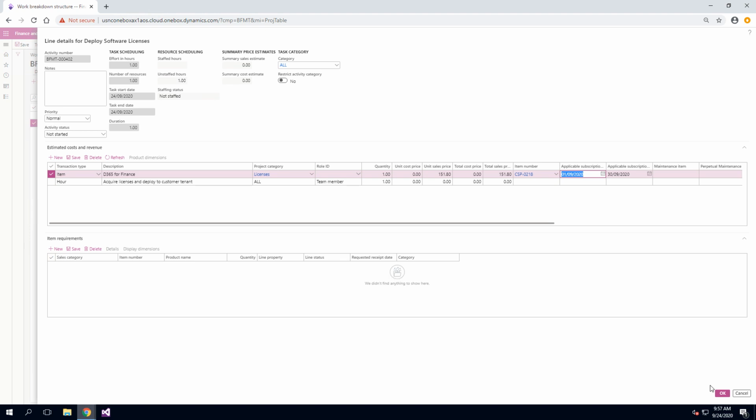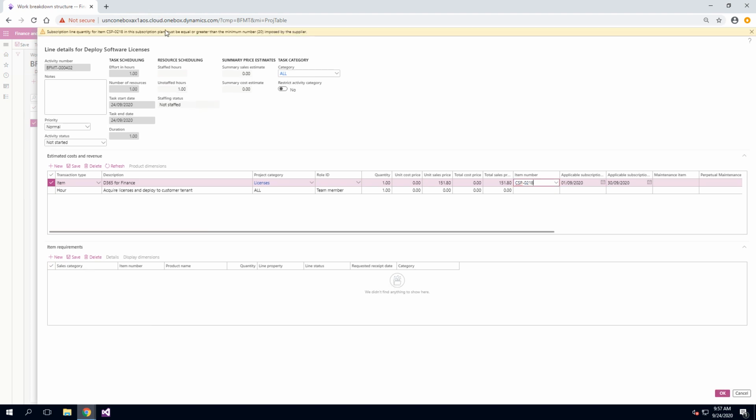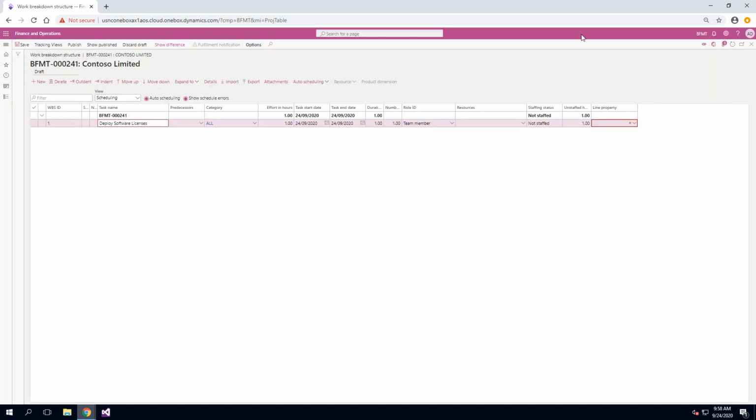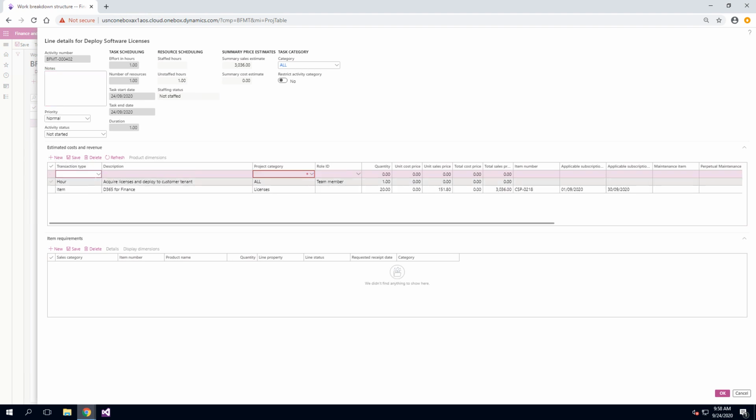Now let's see what happens if I try to exit the screen. As we saw in previous lessons, there are validations built in here that we must have a minimum of 20 for this product. So I close this warning message down and I put in a quantity of 20. I click OK, and there it lets me exit the screen. What I'll also do is I'll create another item transaction, and now for another type of subscription